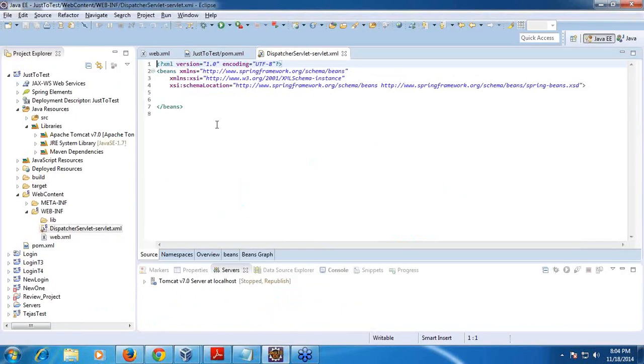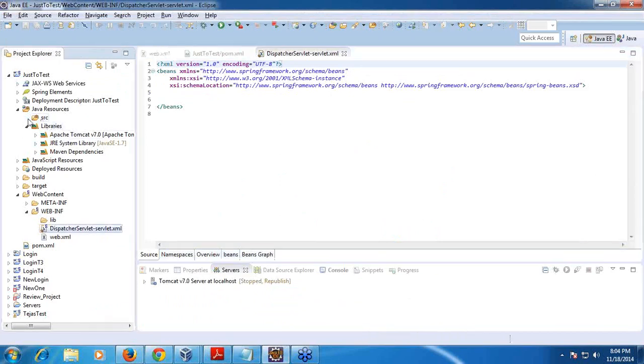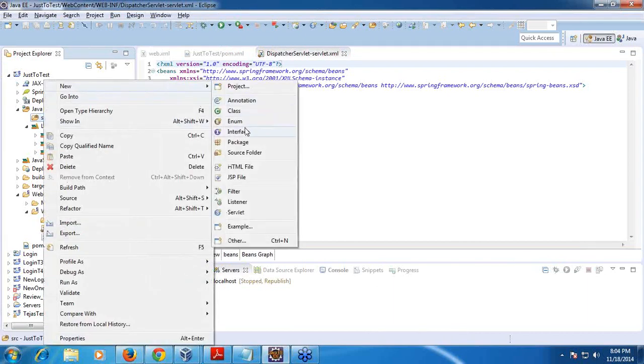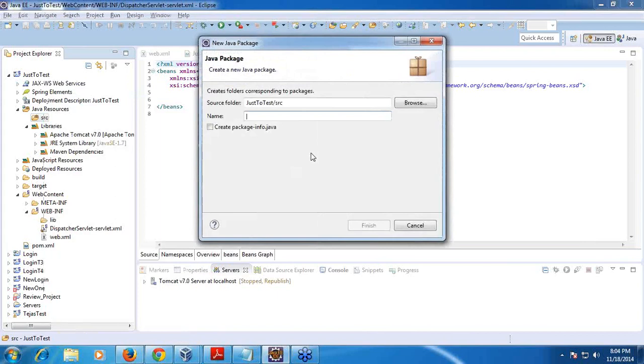To write a controller, I will create a separate package in the source file. Right, so I will right click, new package. I will specify it as org.edureka.spring.controller.